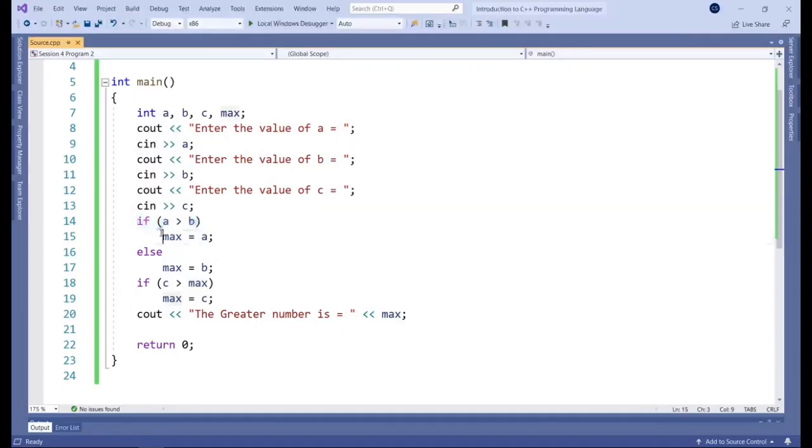Okay, if that's the case, then do that first statement, otherwise do that second statement. But then when you get to that second if statement, it will definitely evaluate this, okay? And it will say, okay, if this is true, then set max to C. Otherwise, if that's not true, it will just do nothing because there's no further else statements that are following it.